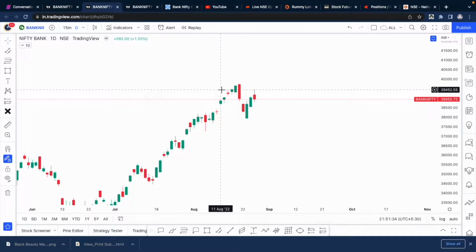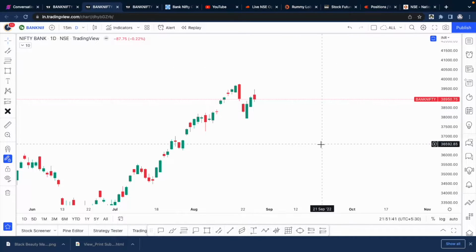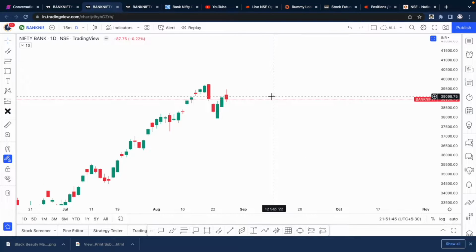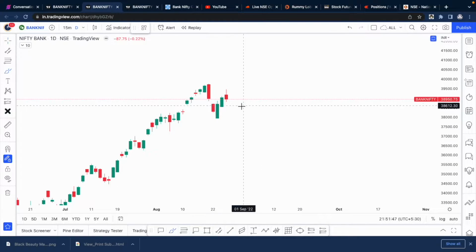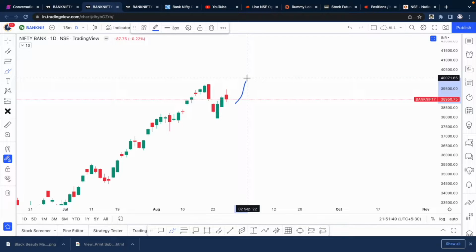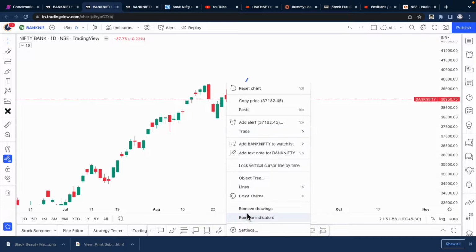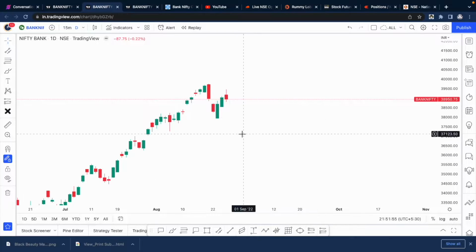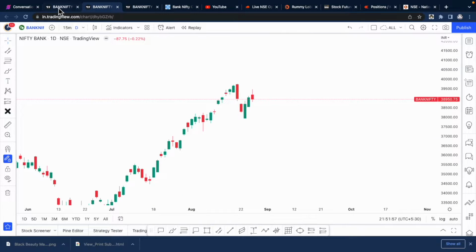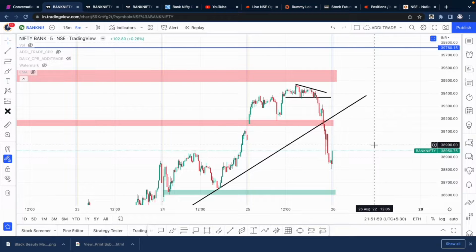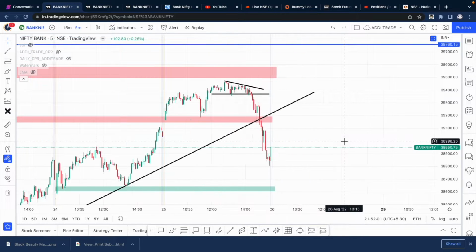Today we're going to be seeing the Nifty and Banknifty levels for 26th August. This is the daily chart of Banknifty. Today was a pretty volatile expiry. It gave us both signals of the market breaking out, hitting 39,500, and then we slipped. It was pretty good if we were on the right side, but it was quite volatile. We'll just see what levels we could have traded today and what we can do tomorrow.